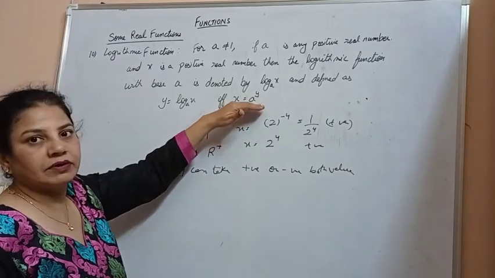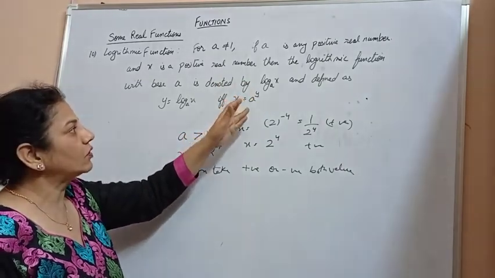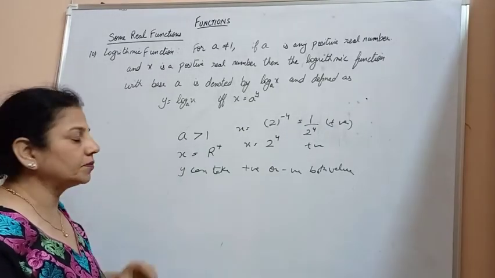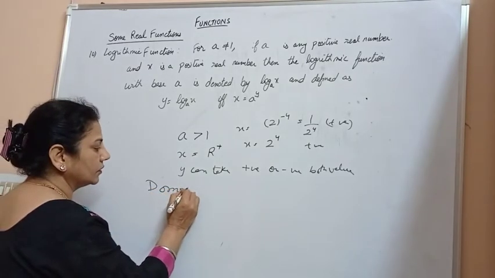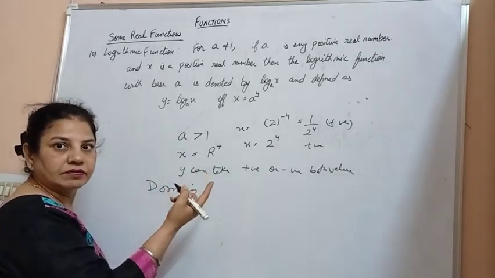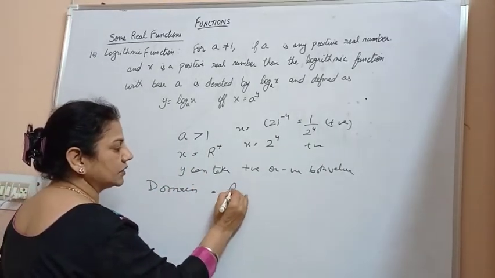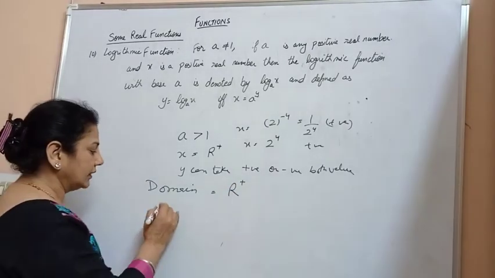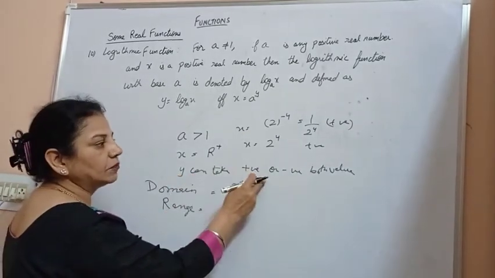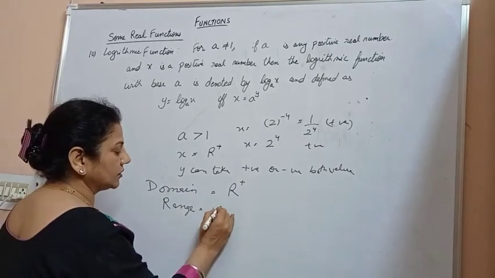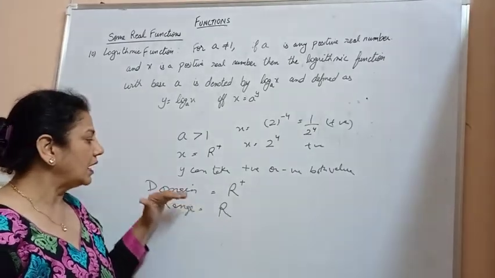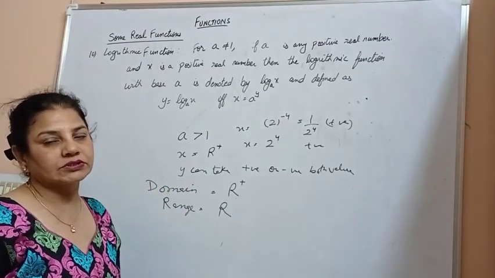So whenever the exponential function's power is positive or negative, the corresponding value of x is always positive. According to this, the domain of the logarithmic function is the value of x. In this particular case, x can take positive values only. Therefore the domain of this function is positive real numbers. And the range is the value of y, and we know that y can take positive and negative values. So the range of this logarithm function is real numbers, and the domain of the logarithm function is positive real numbers.